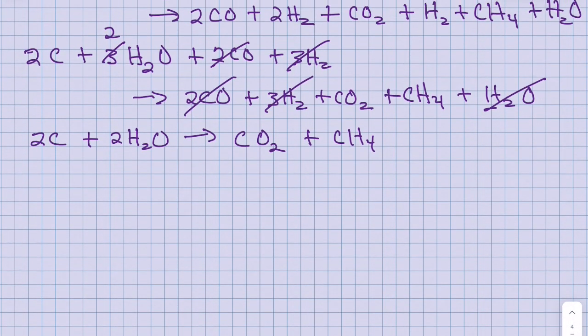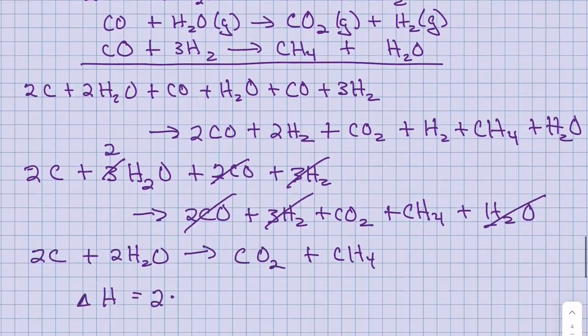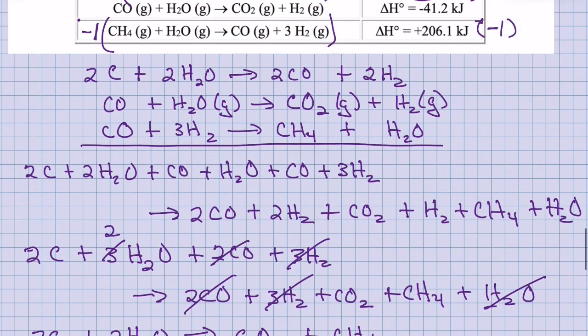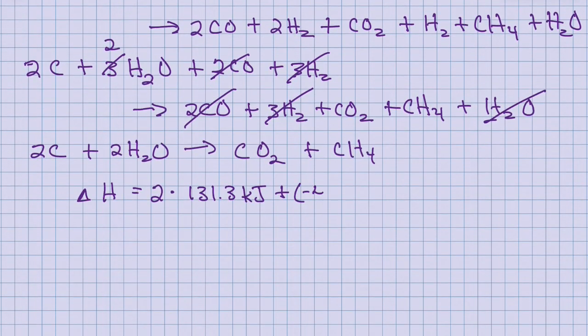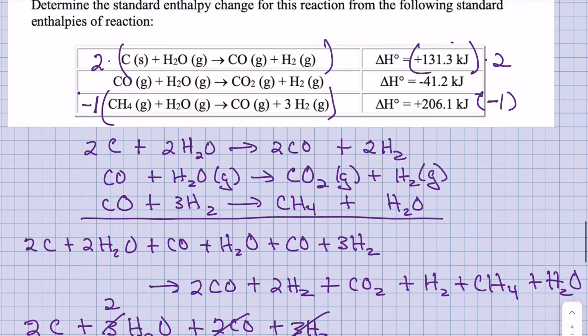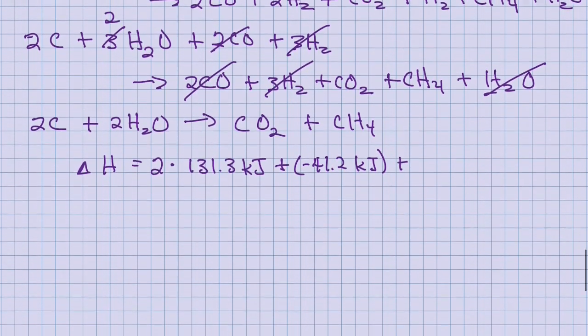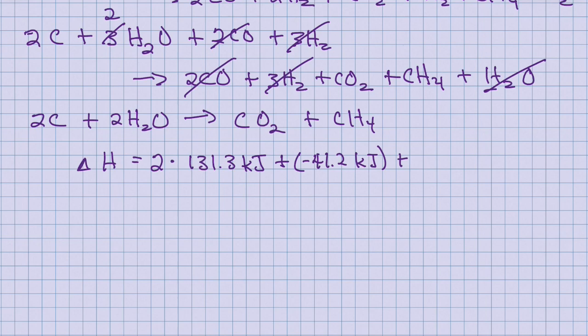And so what we've got is our overall reaction delta H is 2 times reaction 1, the enthalpy change, and that is 131.3 kilojoules, plus reaction 2, which is negative 41.2 kilojoules, plus reaction 3, which is negative 1 times 206.1, because again we reversed it, so we multiplied by negative 1, and so that's going to be negative 206.1 kilojoules. So now we just add them all together,